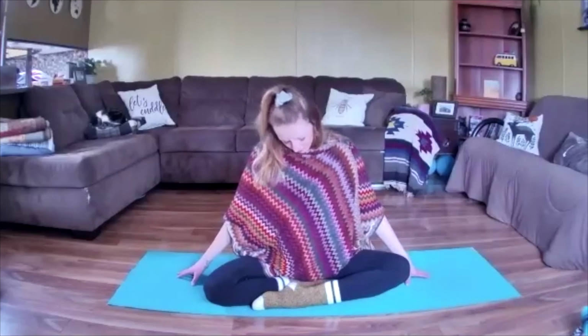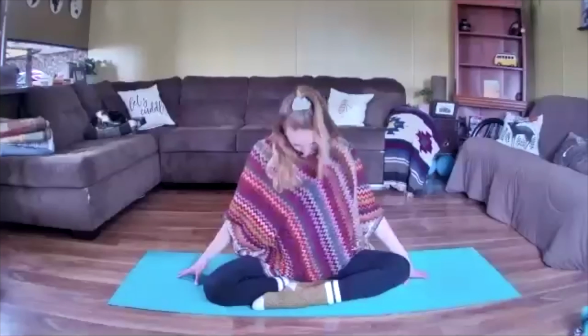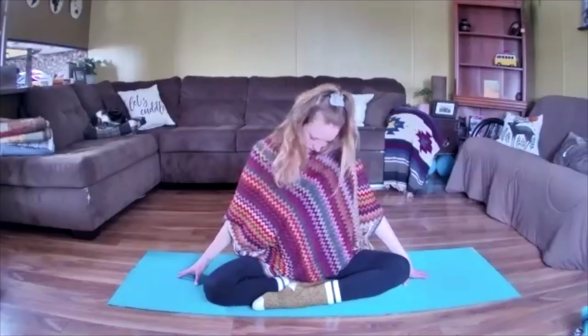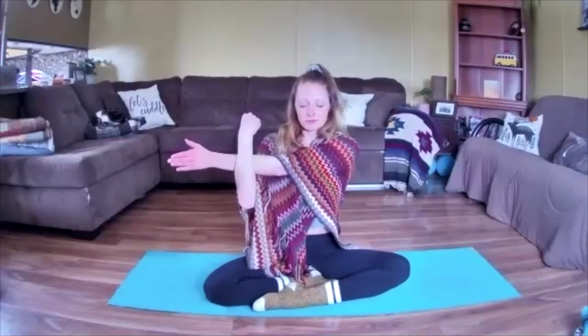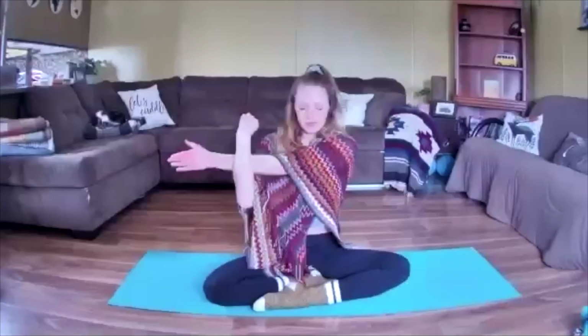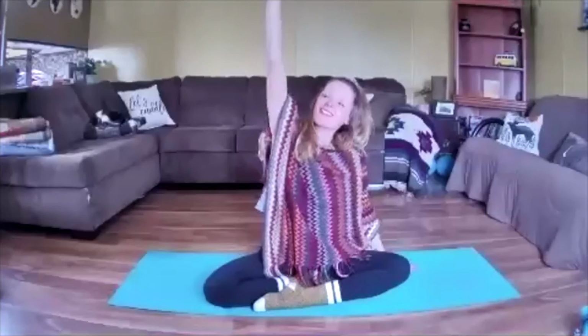And this time, let your ear drop. And then again, roll your chin from side to side. When you are ready, this time draw the left arm across your body. As you release that hand, place it down onto the mat, reach up with your right, and then again, gently